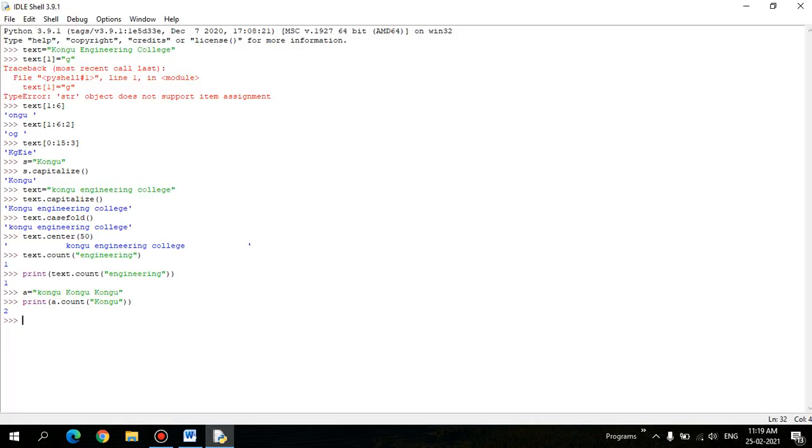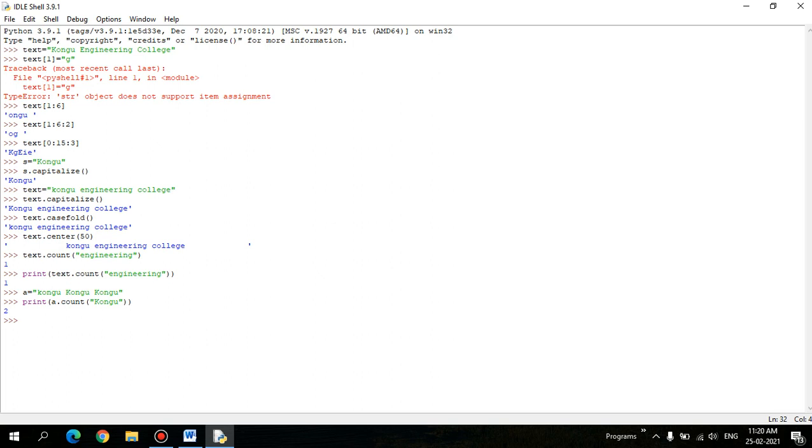Okay, yes. Unfortunately, here it is a small k, because it's a case sensitive language. So small k will not be considered as capital K Kongu. The capital Kongu is the string I am searching for. So it prints 2. The number of occurrences of Kongu with K in caps is 2 times. So that way it returns.